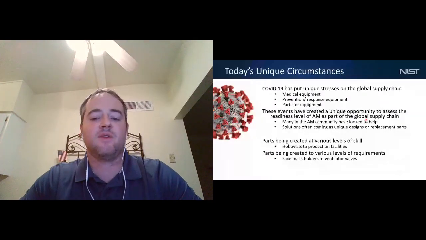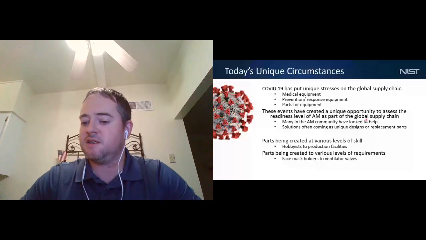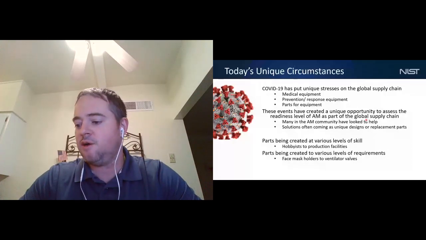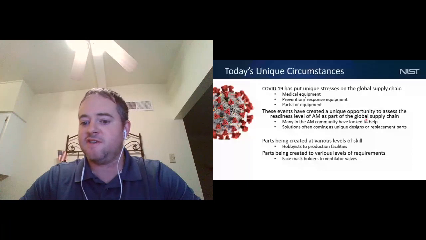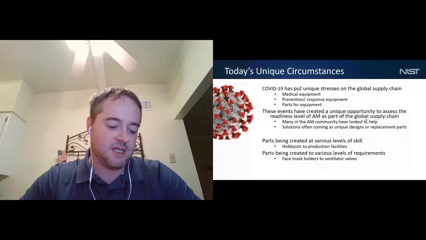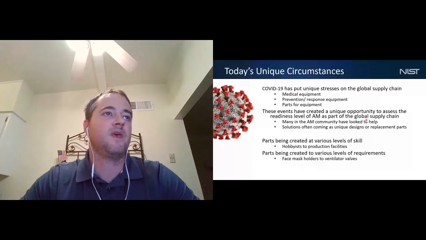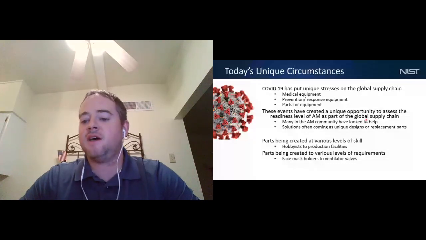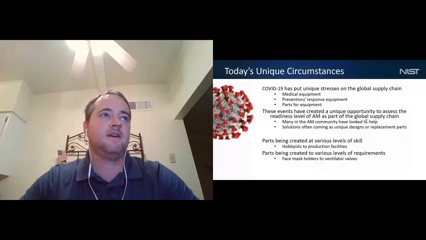And so what we're seeing today with the current environment is that there are some unique circumstances on our global supply chains through the COVID-19 response. We're seeing people trying to get more access to different types of medical equipment, to prevention and response equipment, and to parts for that equipment. So we're seeing a lot of demand there in the traditional supply chains. We're seeing companies like GM moving over some of their production facilities to help with the COVID-19 response. But we're also seeing a lot of the response in the additive manufacturing 3D printing community, and we've heard quite a bit about that over the past day.